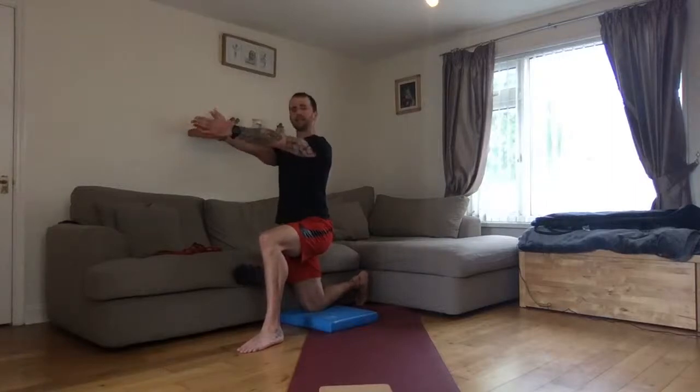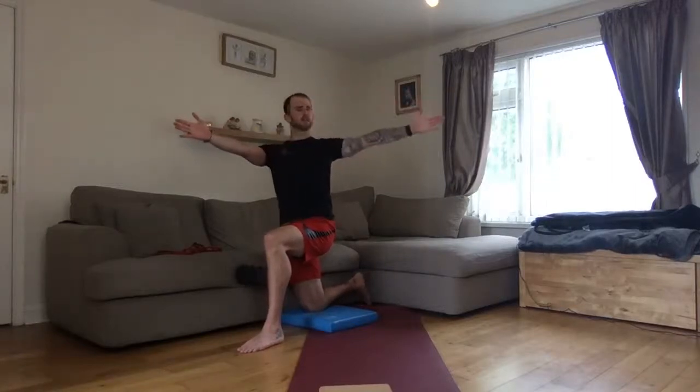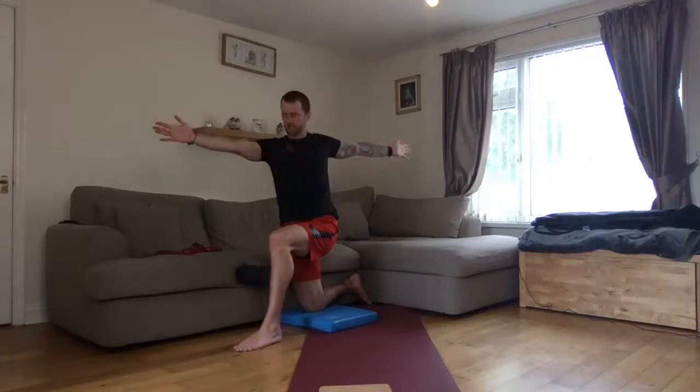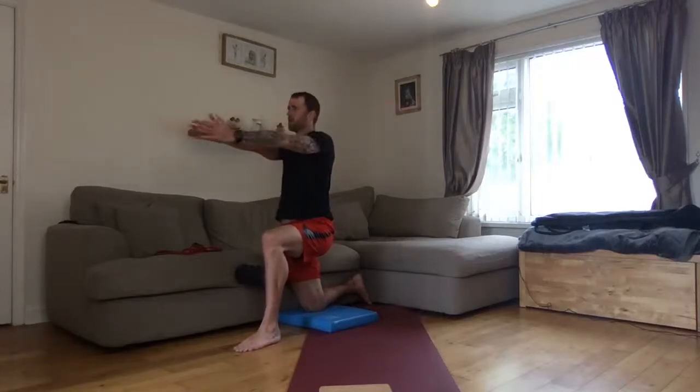I'm trying to get these knuckles to face and tap either the imaginary surface that's right next to it, or the actual physical wall that you can physically touch, all right? So just be aware of that. Try to keep that lower body